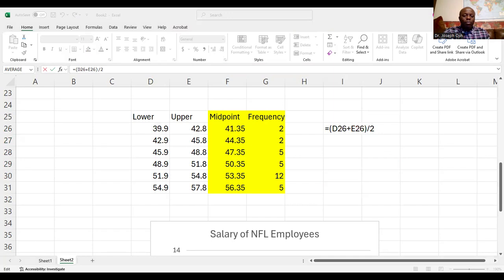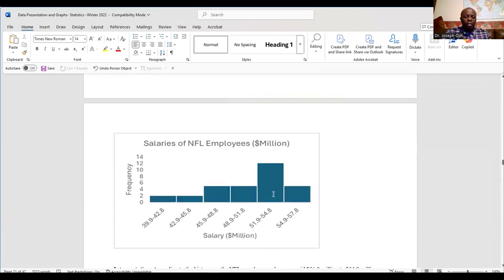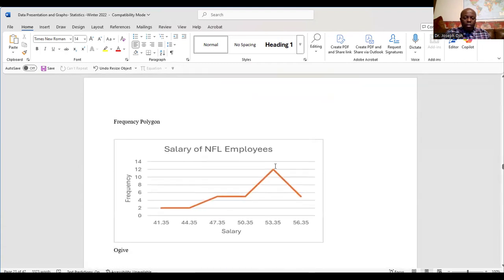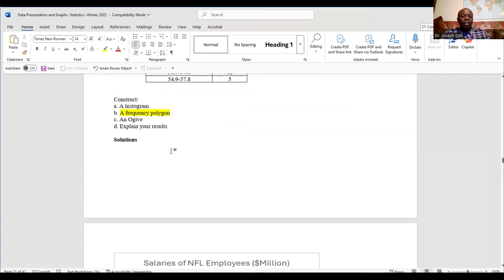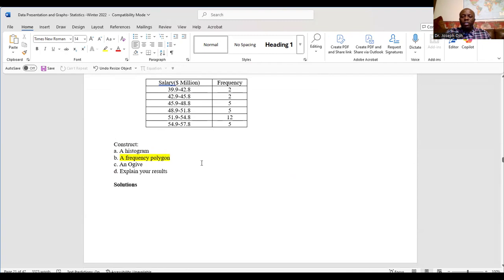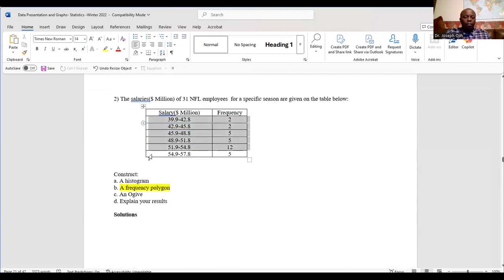You can see that it's the same purpose we use the histogram for. You see why it peaked on this. The same way you can see the peak right here for a frequency polygon. Now, the other question they ask us to find is the Ogive, or the cumulative frequency graph. For that, we need to find a cumulative frequency. So I'm going to copy this again